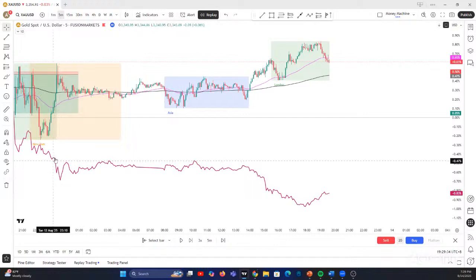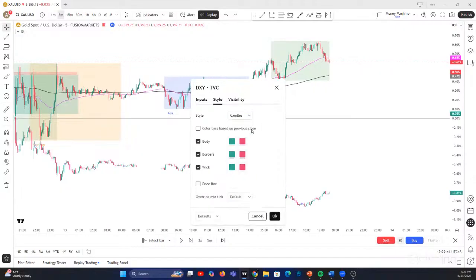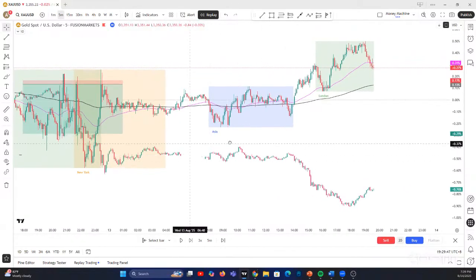Okay, I cannot see it. Let's try it here. Okay, settings. There, in the style, change it to candles, okay? Now it's in the candle formation, all right? So as you can see here,